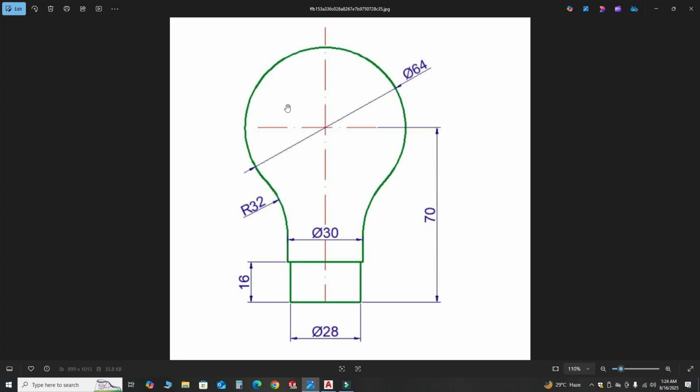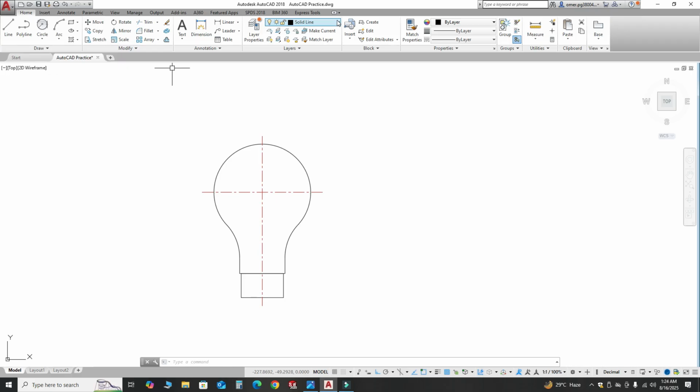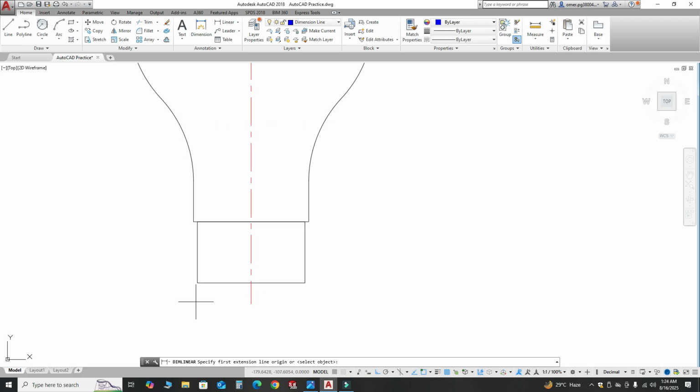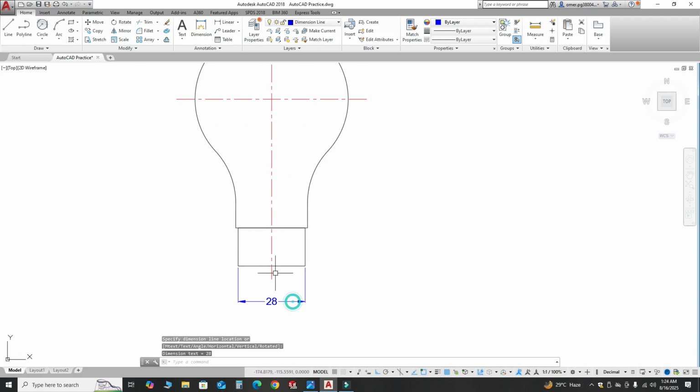Now we will dimension these. So this is 28, this is 16. And I will change my layer to dimension line. Select this one linear, and this dimension is 28. Okay.